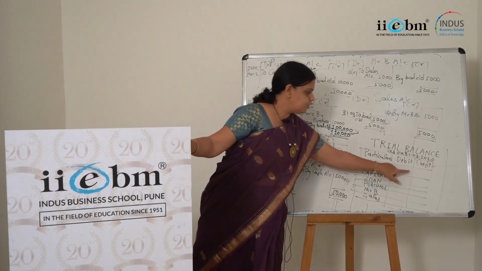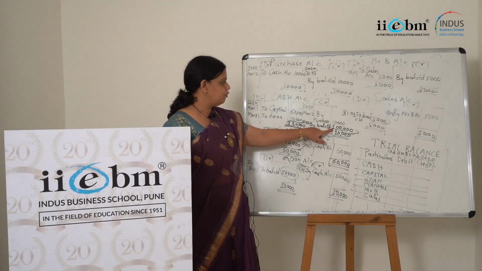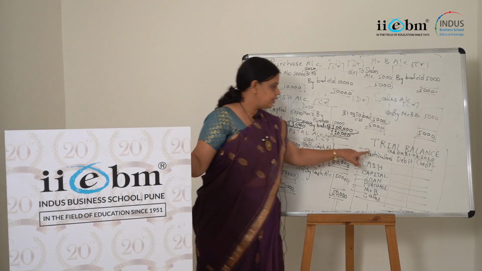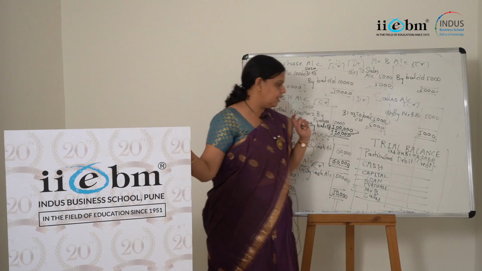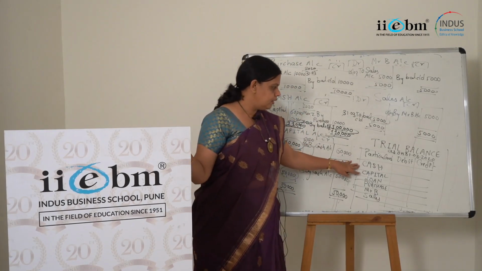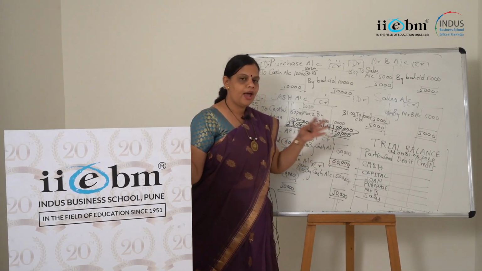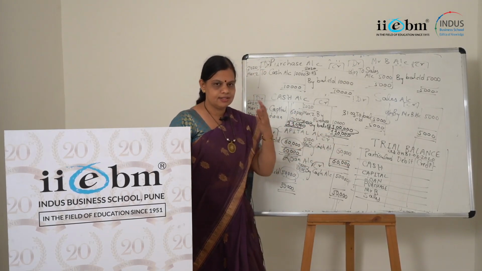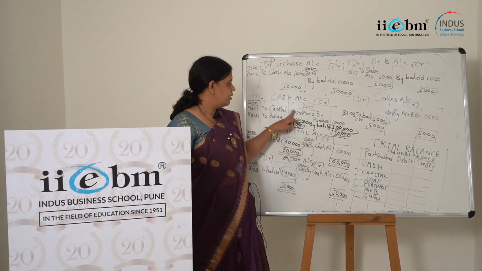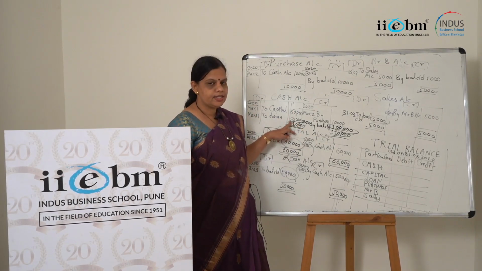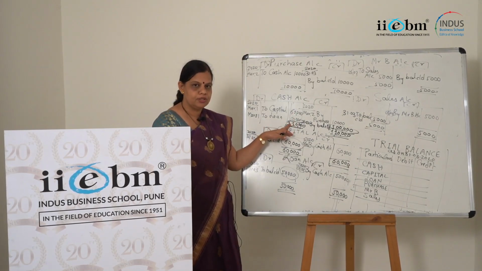Now for cash there are 2 columns that are appearing in the trial balance. Now what is the balancing amount for cash? 1 lakh. The question arises, should I write down this amount in the debit column or in the credit column? Now in order to understand this point, please remember cash means what I have. Cash is my asset, right? So cash will be treated as asset when cash is coming into your business.